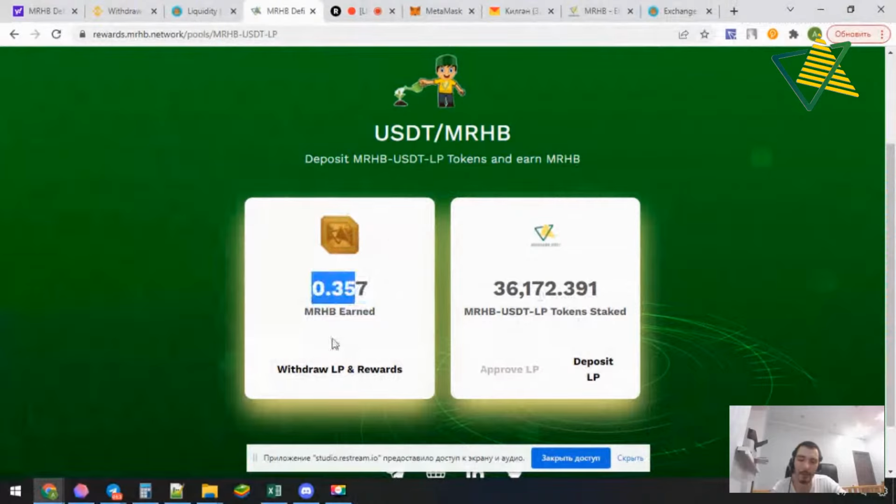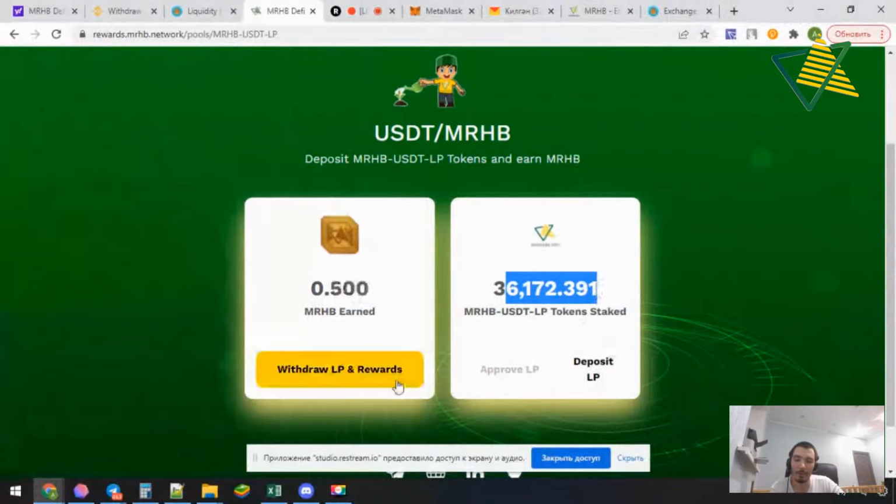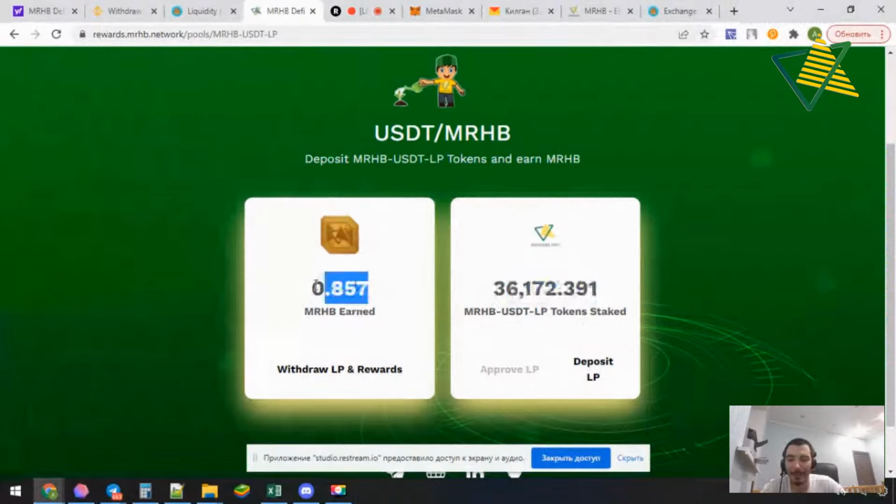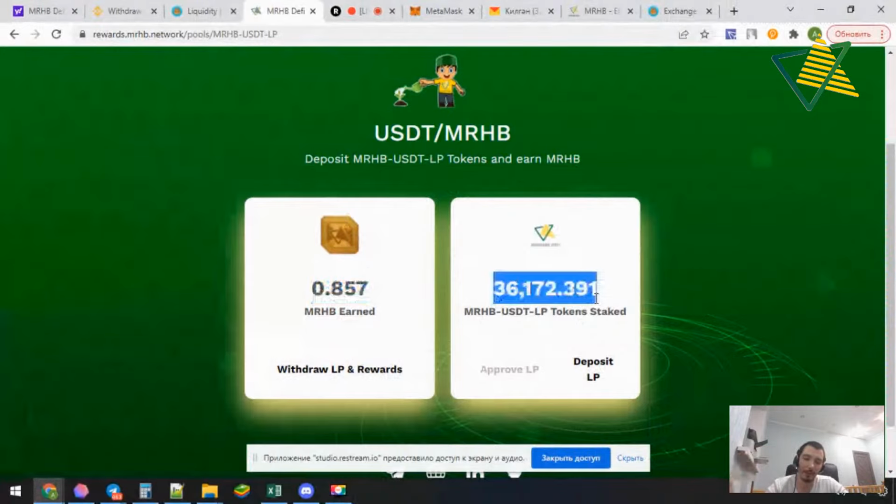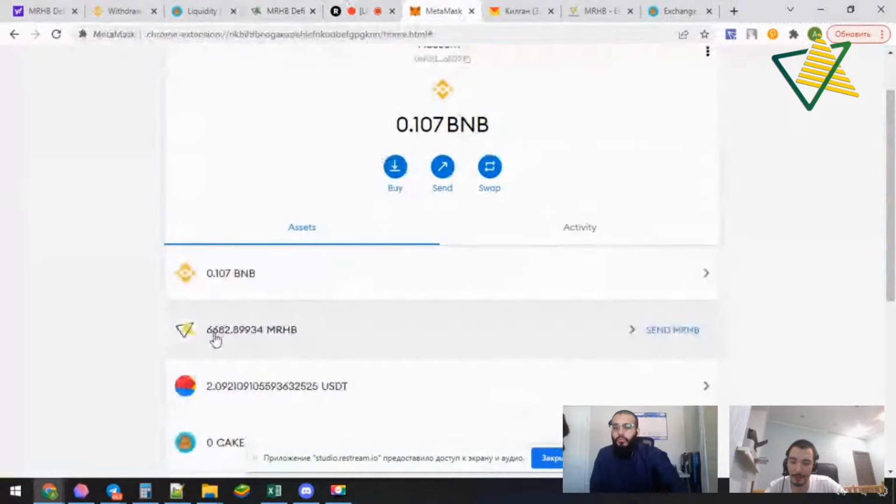When you make any changes in the locked LP tokens, it is starting to count from the beginning. And if you withdraw or deposit more LPs, I'm sorry, kids are playing here, and it starts from 0, and it is added until you withdraw or deposit again. So now let's look. You see